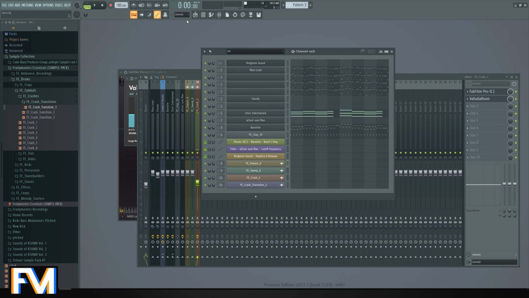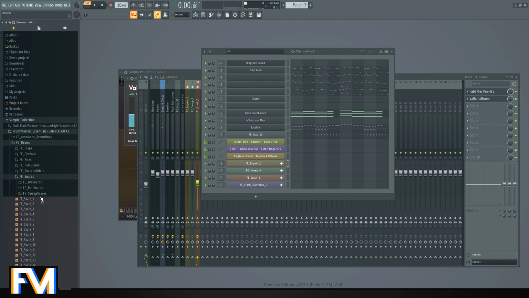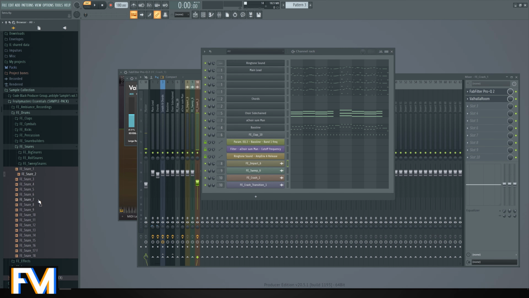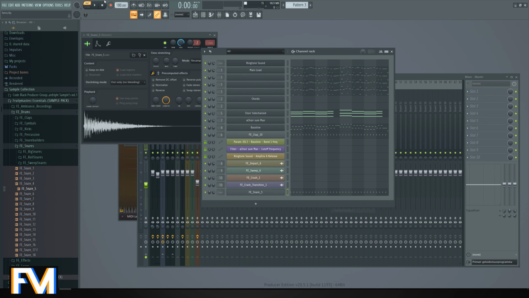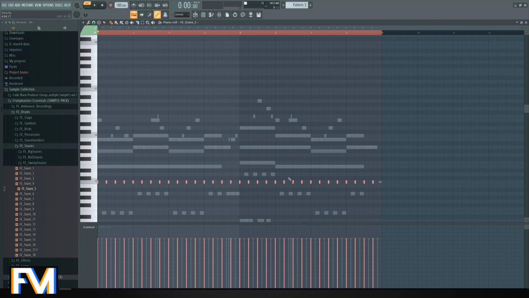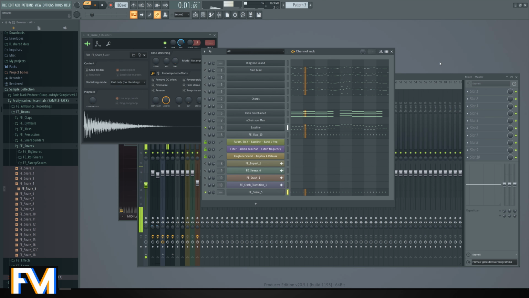So now let's add in another snare. Now let's add in one snare. This one, and I'm going to tune it. So I'm going up. So in this key, it doesn't match. In this key it does. So I'm pitching it down. Alright, so nice. Now we have a snare. So add it to the mixer too.